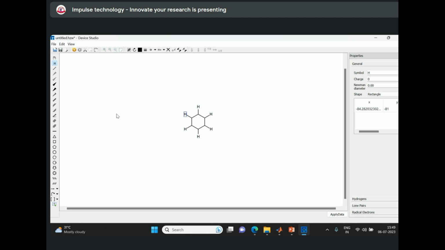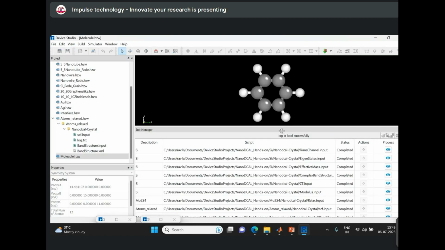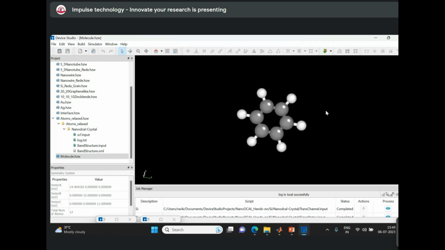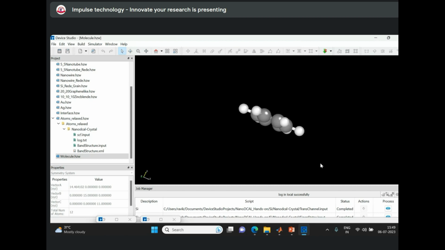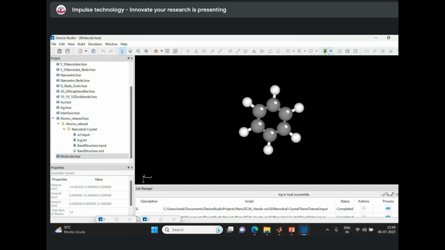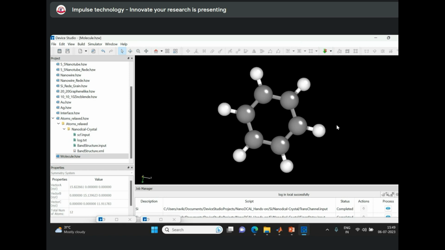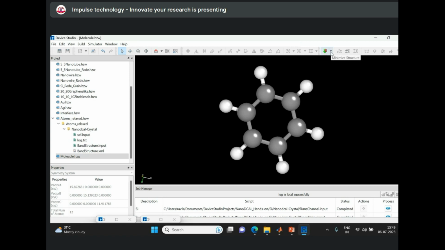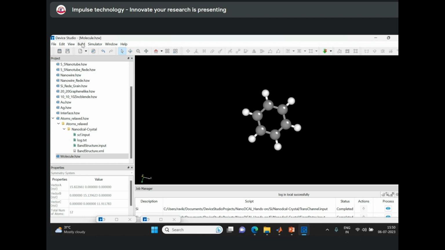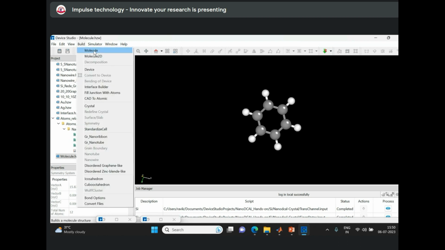And once your structure is ready, then you can select apply data. So here you can see this is the benzene structure, and in the toolbar you can see the force field calculations like UFF, GFF, chemical. So any force field calculation you can select, like this is the GFF and this is the structure. So as per your need you can select the force field calculation, then you can do the simulation. So this is the molecule 2D builder, and if we talk about the molecule 3D builder,